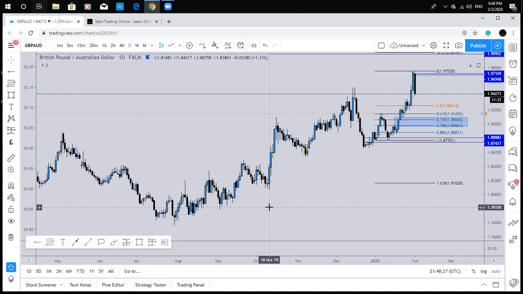So the daily time frame for me has been making higher highs and higher lows from the summer, as you can see. And throughout all the negative news about the UK regarding Brexit and the pound, funny enough, the pound has been doing quite well throughout this period. So with that, we ain't going to go against the structure. I'm going to remain bullish on the pound.